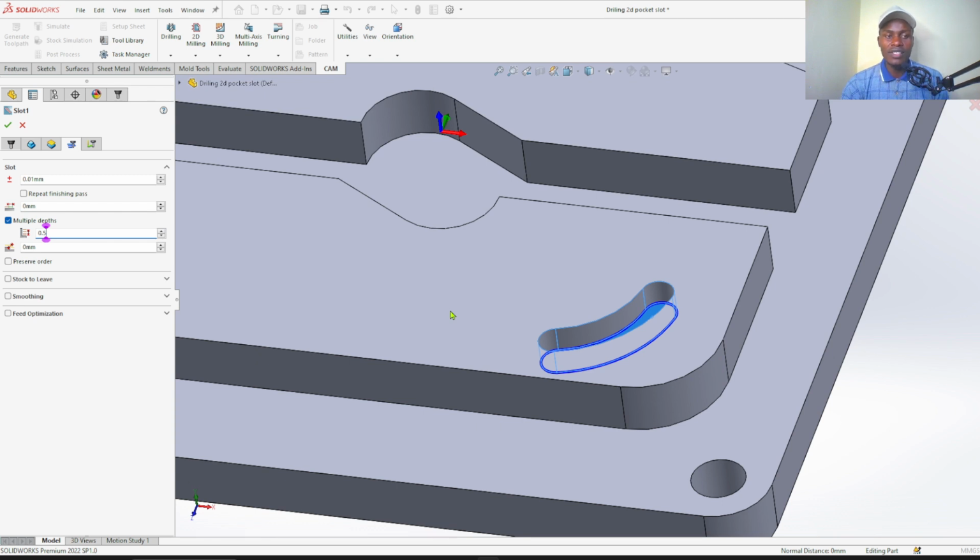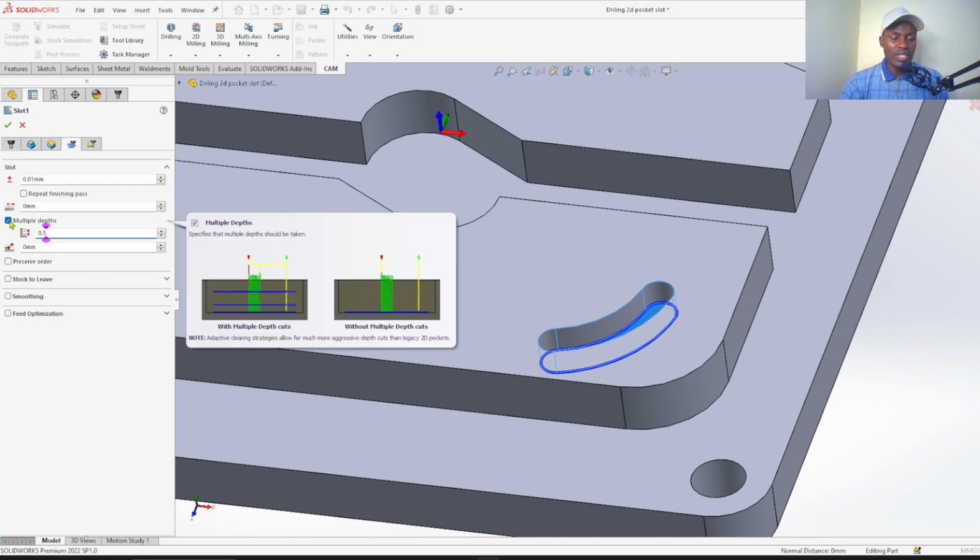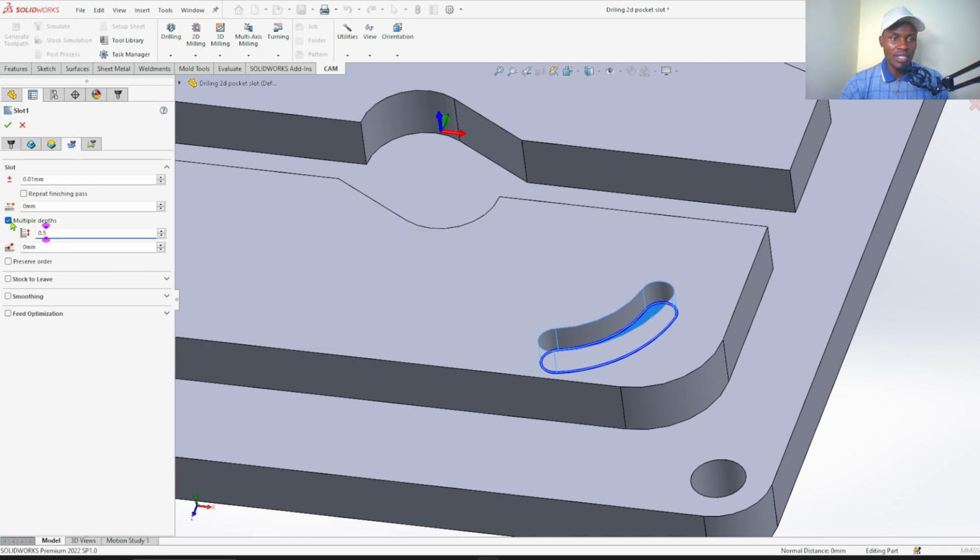So this is the only thing that we will tick. Don't tick any other parameter here unless you want to leave a stock for final finish. But in our case, we don't want to leave any stock. So I proceed.